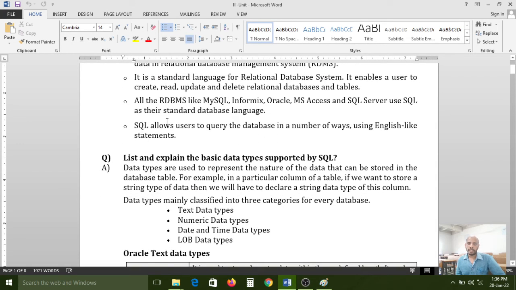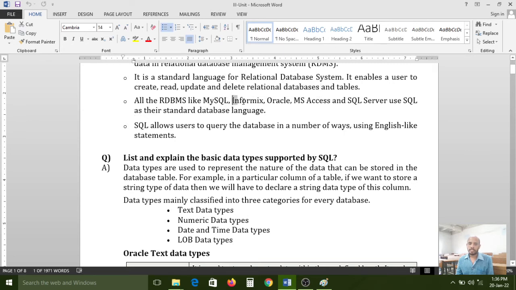In the market, there are a number of database softwares available. In this document, I have given a few examples for you to understand. So, how many types of database softwares are available in the market?